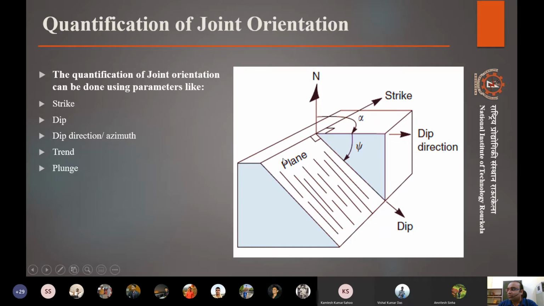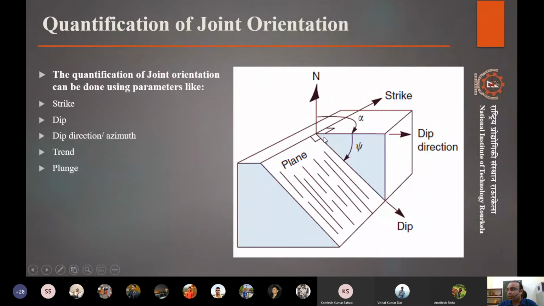That direction gives us the strike direction, right? Dip is the actual dip from the horizontal. We generally denote it by xi, and that gives us how much the slope of the plane is with respect to horizontal, right? Dip direction gives us the direction of the dip.